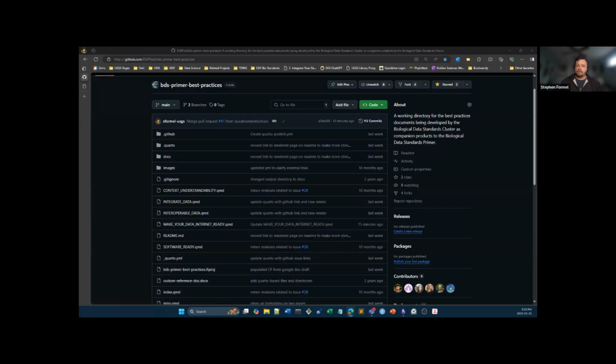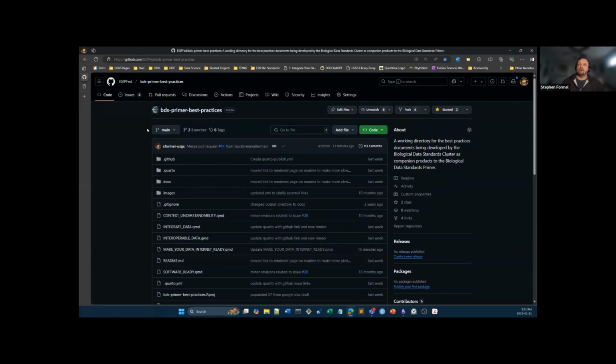So what we're looking at here is the primer guidelines repo. First thing that might be a little bit confusing is that one of the first rabbit holes we went down is we had called this the best practices, and I think we spent about 2 months trying to figure out a better name for it because people really weren't keen on the name best practices. So we have extensive documentation of an eventual arrival at the name guidelines. So this will be updated eventually. But if you hear us go back and forth between guidelines and best practices, that's one reason why.